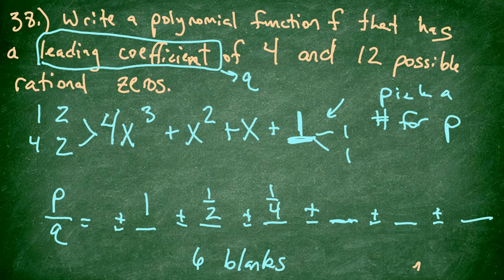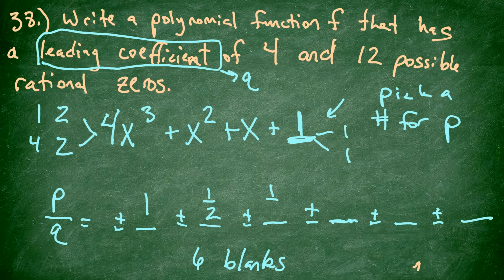See how there's only 3 this time? So 1's not enough because there's only one factor. So I have 1 different factor here, 3 different factors here, and it gave me 3 answers. So your factors multiplied together are going to give you a good estimate of how many zeros you have. So if I want 6 blanks filled in,